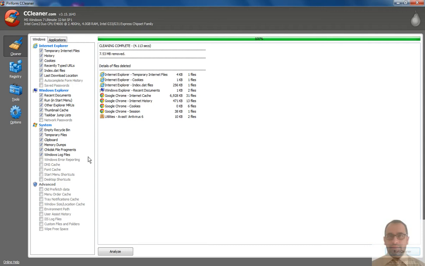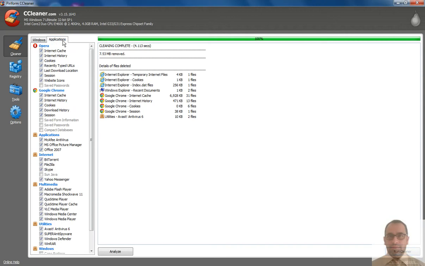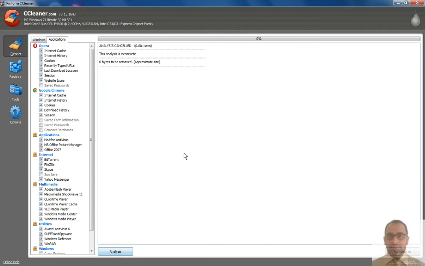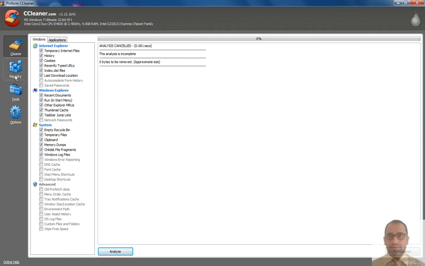Wonderful. Then the next thing we can do is say analyze over here for the applications, and nothing is there which can be removed. The next thing is the registry, which can be cleaned very easily with this software.